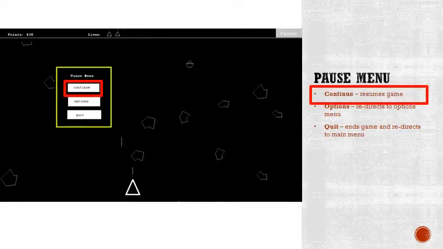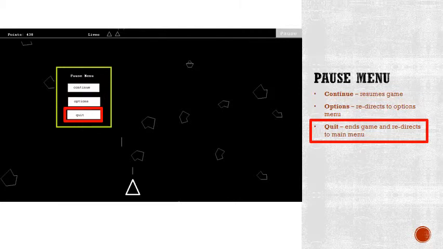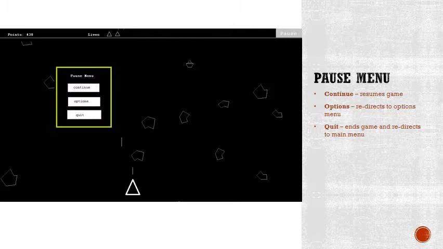So this is our pause menu. We've got a continue, which obviously would continue the game. Options, which takes us to the options menu, and quit, which ends the game and takes us back to the main menu. If you open the pause menu, my thought was that it would freeze the game in the background,